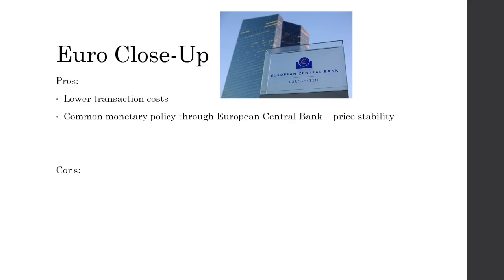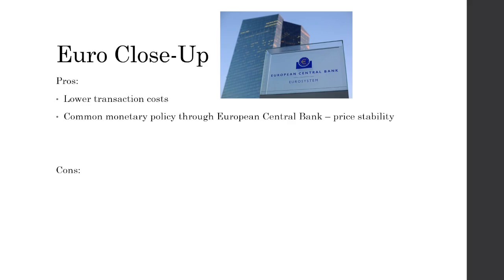So there are some pros and cons to supranationalism, as we discussed, and there are some pros and cons specifically to the European Union and the euro. So we're going to look at the euro, which is the common currency. A pro to the euro is that there are lower transaction costs. Having this common currency is going to lower the transaction costs of goods and services between the countries, because everyone's going to have the same currency. There are no exchange rates to worry about,